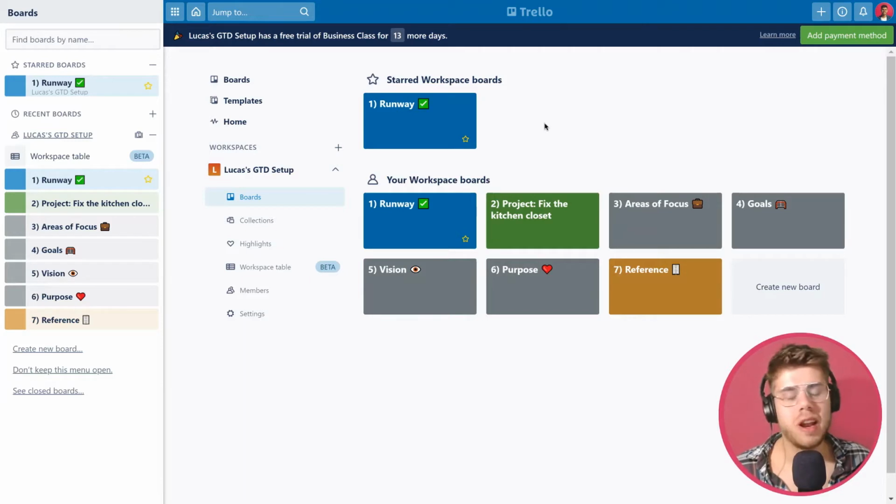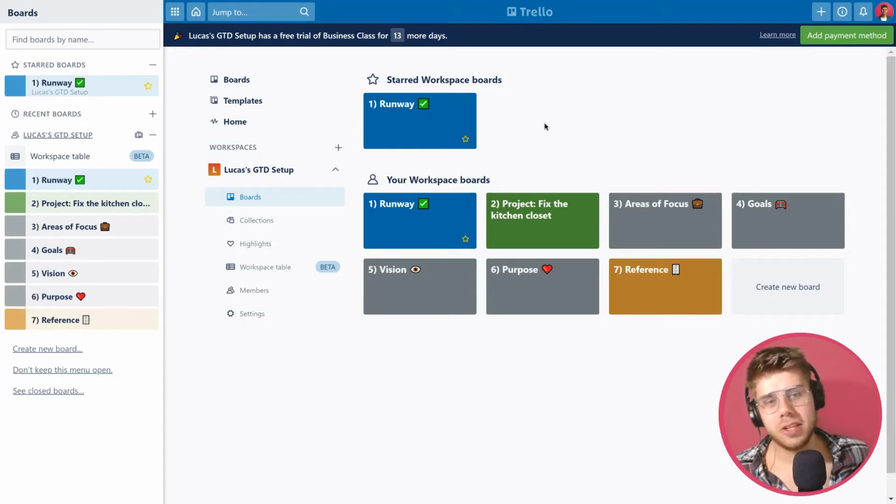So as a tool, Trello has been around for a couple of years. I remember using it quite a few years ago as a student, working on pre-GTD projects, moving cards around on Kanban boards. And you can still do that, but you can do much more with it nowadays. In fact, I think we've got a pretty good system here, and we're going to take a look at it